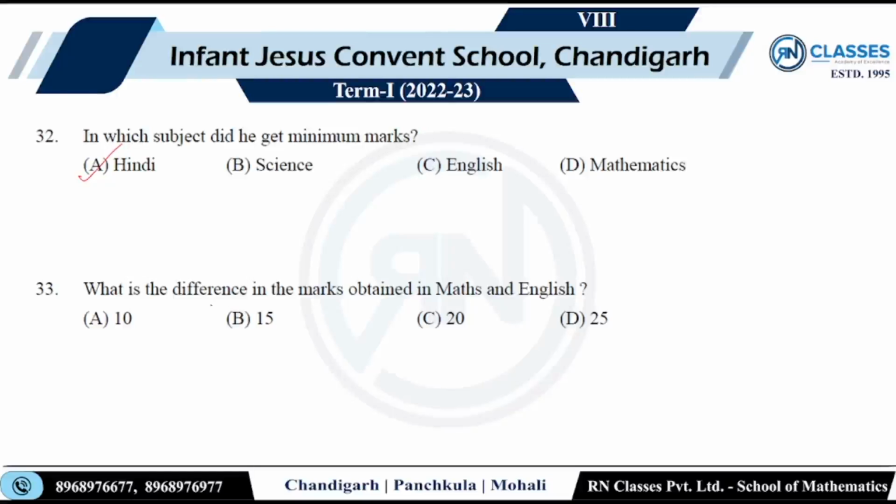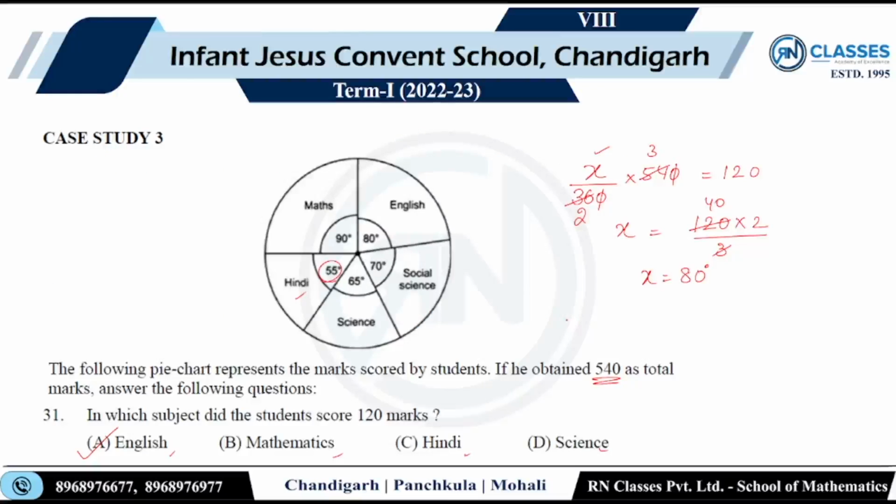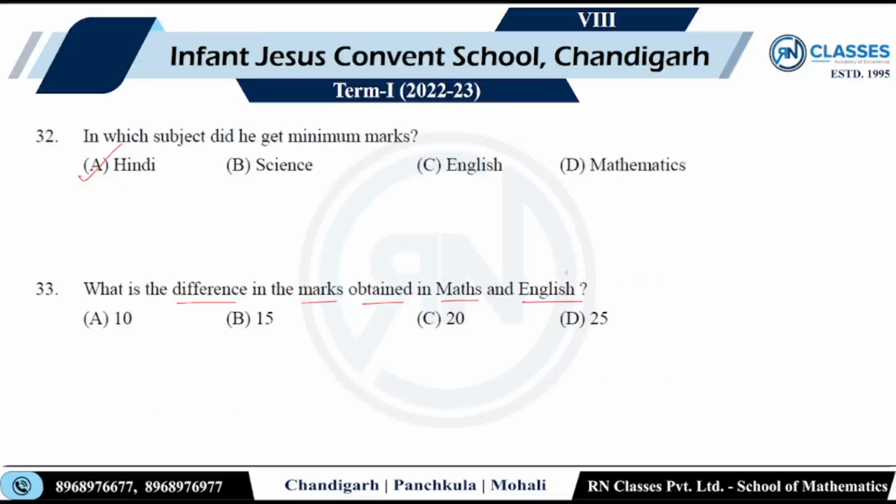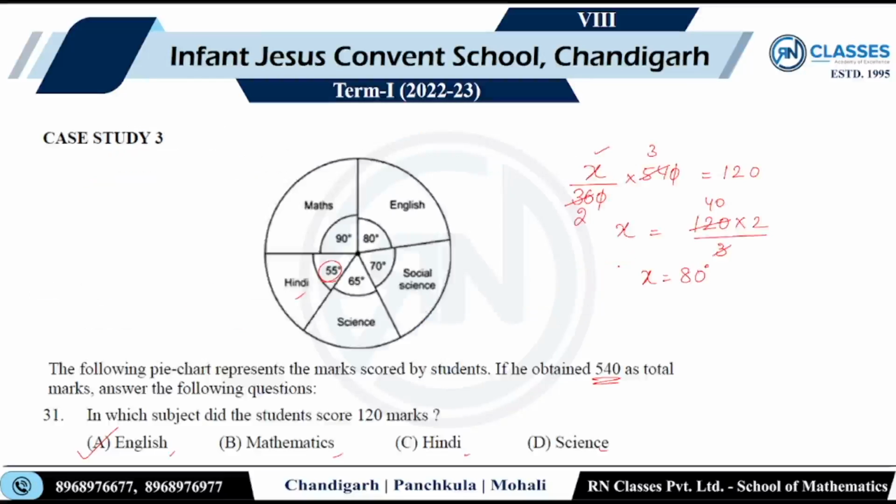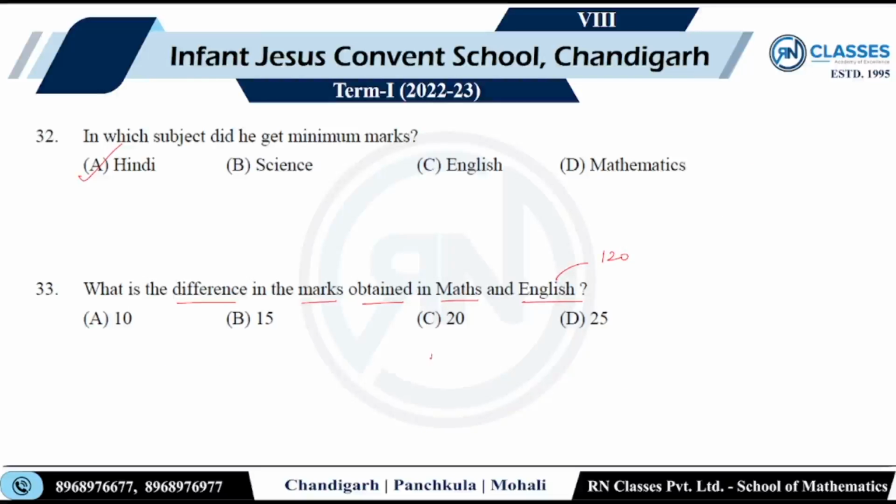बताओ, what is the difference in marks obtained in Maths and English? English के तो भाई हमें marks पता है, English के marks मेरे पास 120 हैं already. Maths के marks मैं निकाल लेता हूं. Maths के marks कितने आएंगे? 90 degrees है by 360 means 1/4 आ गया ना सीधा. आपके दिमाग में छप जाना चाहिए भाई 1/4 की बात करी है इसने. So ये तो मेरे को पता ही है, times this is 3 times, ये 45 आ गया. So ये कितना हो गया? 135. Maths के marks हो गए 135, दोनों को subtract कर दो, answer would be